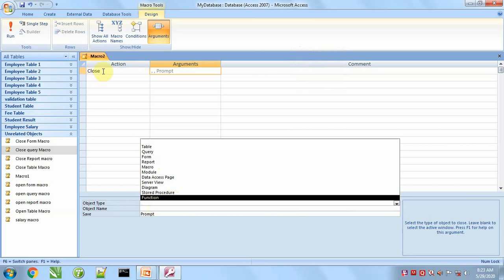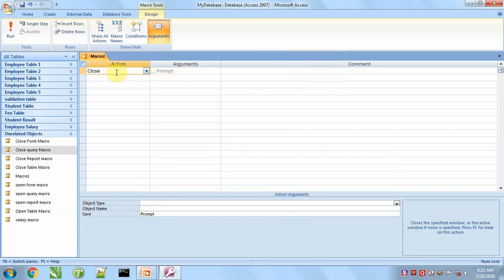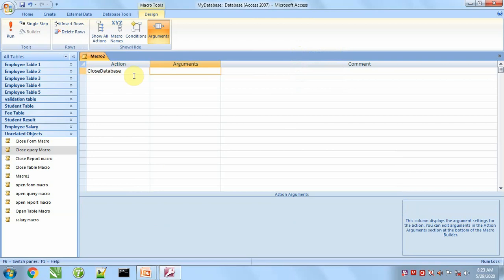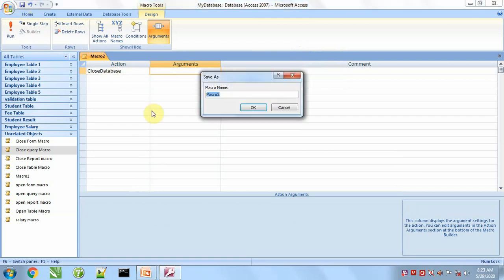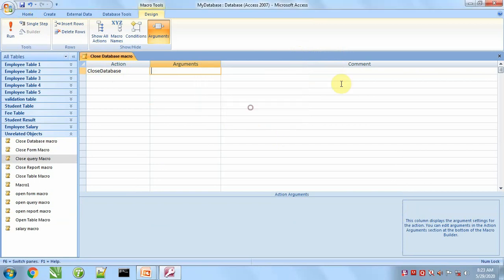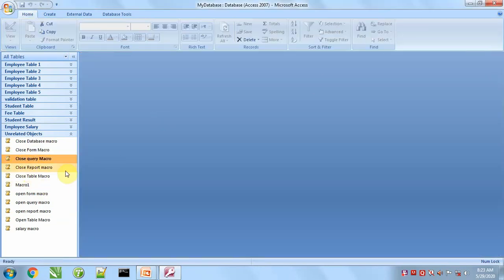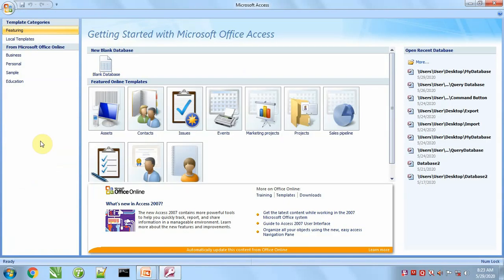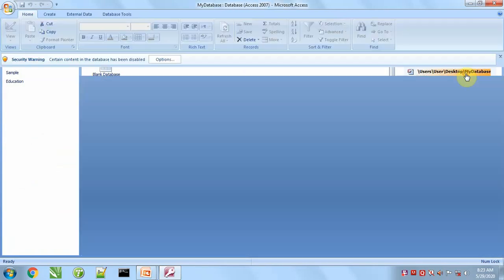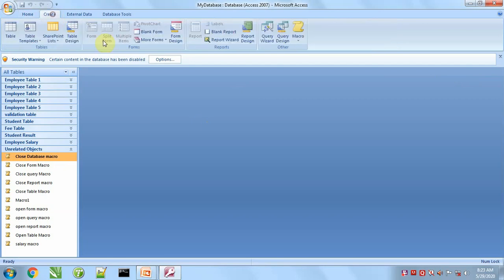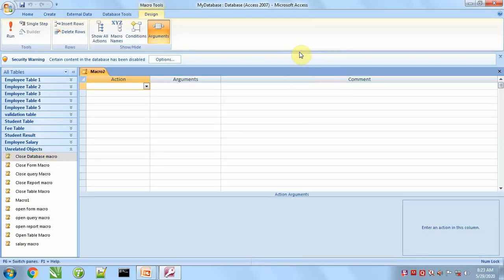Next is close database macro. With the help of this we can close the database. As soon as we click on it, it will close the database. We can look here, database has been closed. One more is quit macro.